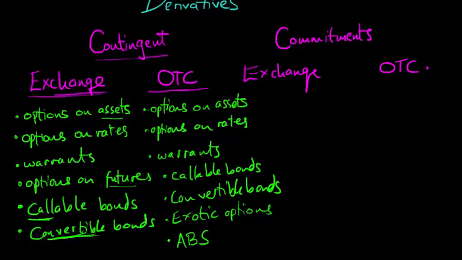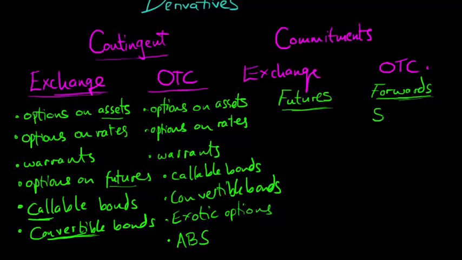All right, exchange traded commitments. We've got futures contracts, for example, the commitment to buy a certain amount of euros selling dollars on a specific date. Then the equivalent of futures in the over-the-counter market are forwards. So in the private market, a future is called a forward, and this is a forward agreement to carry out a specific transaction on a future date. So you are obligated to carry out the transaction. These are normally held until maturity.